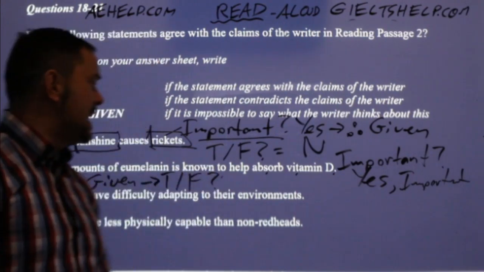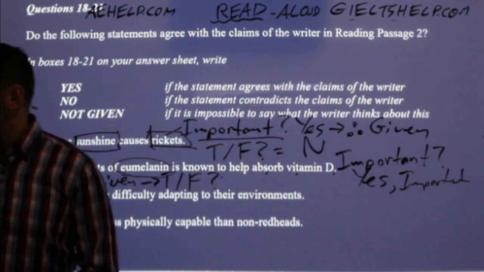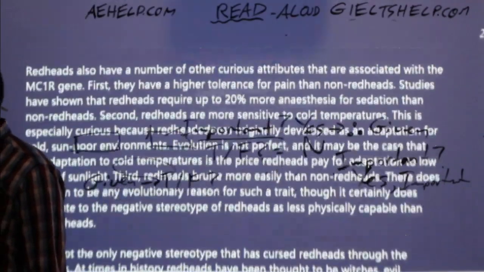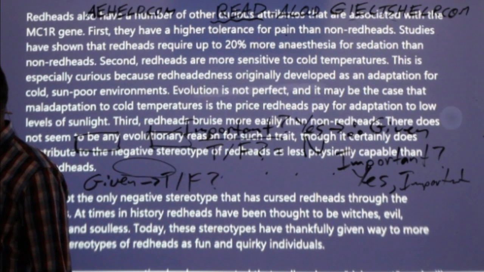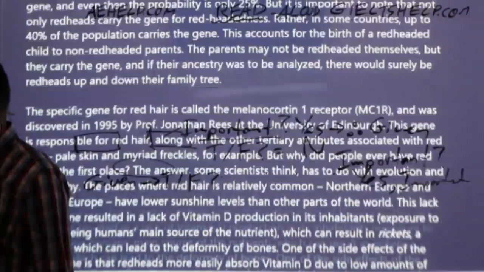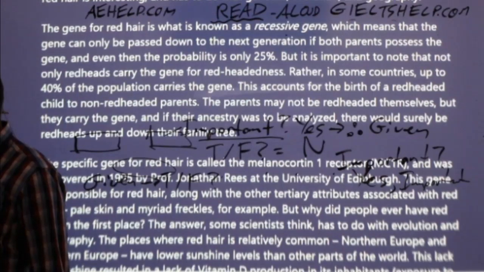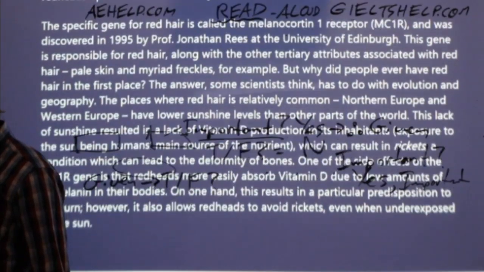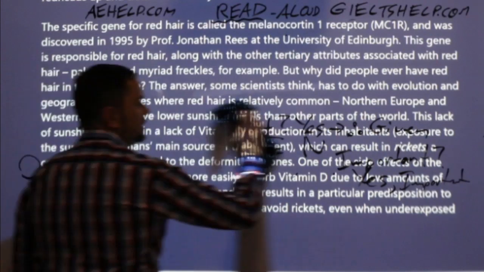I don't remember that. So I'm going to look for the word eumelanin, which will be easy because I skipped it. I remember it was difficult for me to pronounce, and I remember that was somewhere near the beginning, right? In the second paragraph, maybe, or third. Okay, so I'm looking for that word eumelanin. Okay, I'm going to take all this out here.